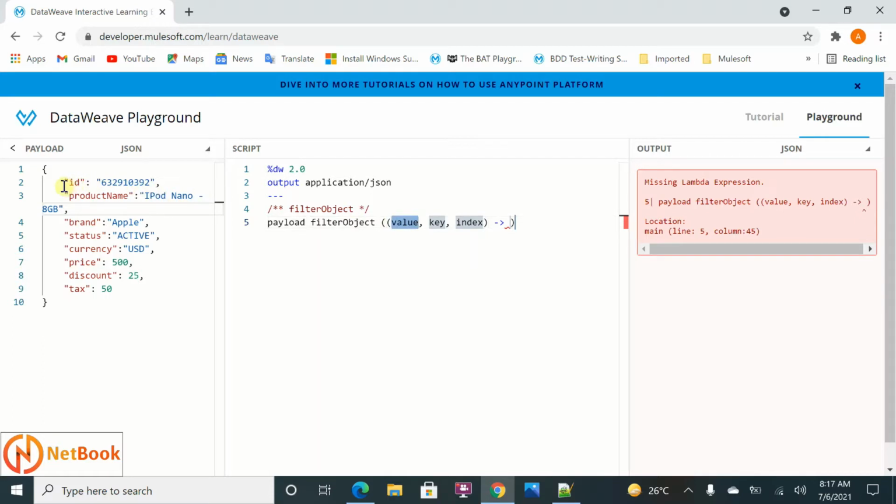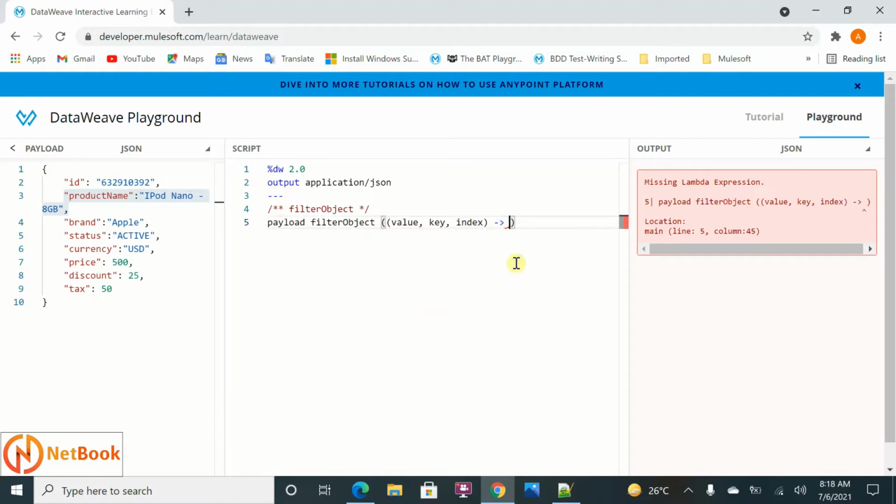For each key value pair, this is the value and this is the key, and for the first key value pair the index is 0. For the next one, the value will be iPad Nano 8 GB, the key will be productName, and the index will be 1. That is how it iterates over each and every element within the object.